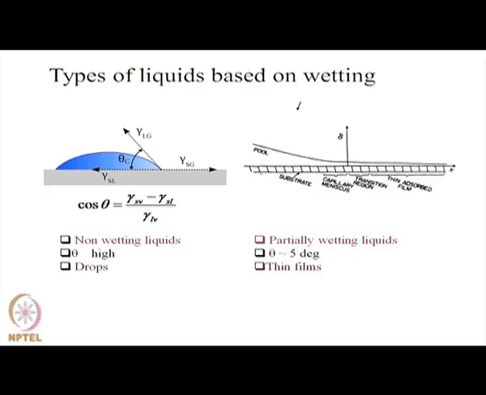In the non-wetting liquid, the value of theta would be large, and they are quite common in the case of drops and so on. Whereas, in the case of wetting liquids or partially wetting liquids, the value of theta could be quite small, even less than 5 degrees or so,